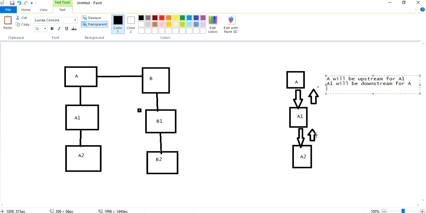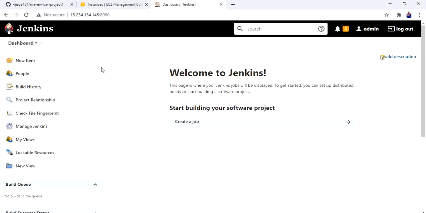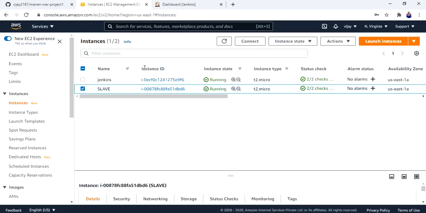Let me show with an example. This is my Jenkins server. I have taken a Jenkins standalone server, and I have also taken one slave, and I also configured master and slave. You can see my previous video for configuration.